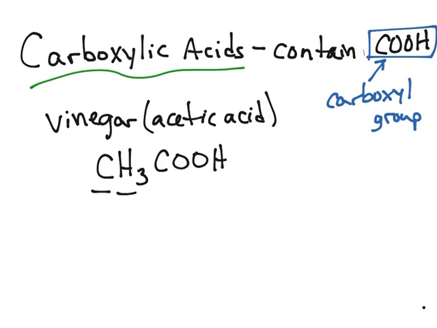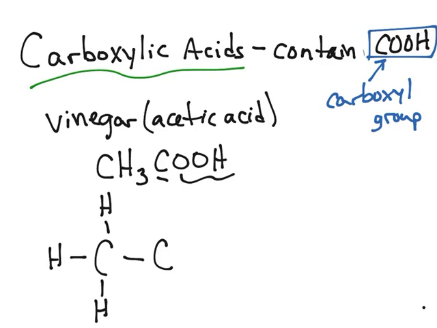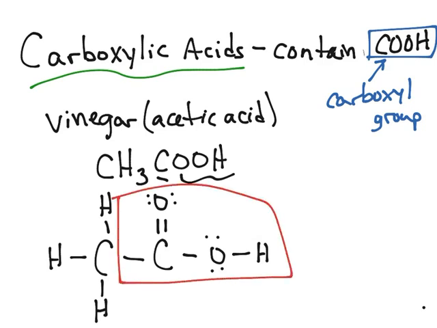You have a carbon connected to 3 hydrogens, connected to a carbon. And now this carbon is jointly connected to the other 3 remaining elements by means of a double bond to one oxygen, a single bond to an oxygen, and then that oxygen is attached to a hydrogen. This group right here, this COOH group, is the carboxyl group that I'm referencing, and this is a carboxylic